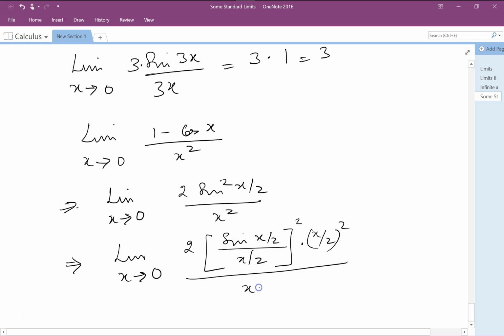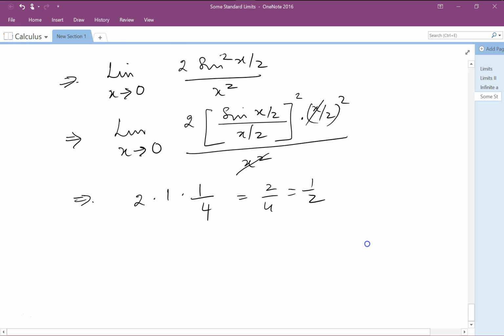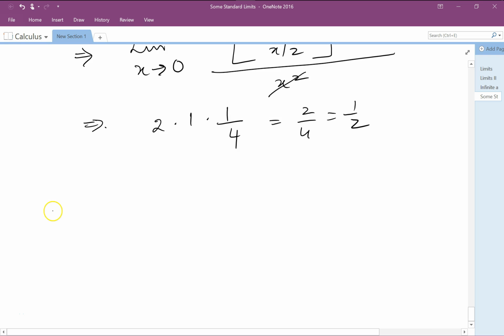Okay, so x square. So when we take the limit, actually we can directly write this x square gets cancelled with this, and what you are left with is 1 by 4. That is 2 by 4, which is 1 by 2. Okay, next one, limit